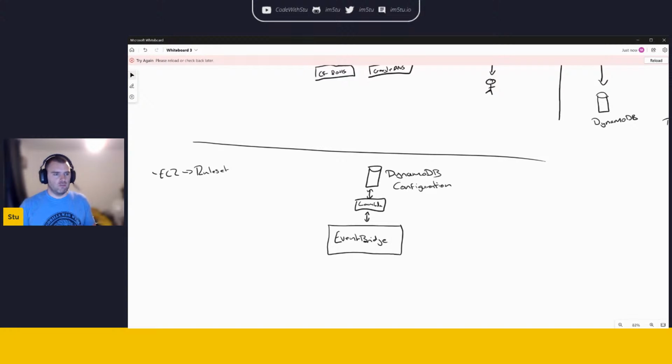I'll provide some default rules that people can go and just enable. But for every kind of resource that you want, so you've got EC2, you've got S3, Lambdas, I'll cover all the popular ones first and then work my way out to the edge ones. But for all these resources, how do you know that it's well architected, or what's your own rule set? You might want to say, I want these things tagged, and compliance policies and all that kind of stuff, right? So if I start configuring that in my lovely Dynamo configuration table and it gets triggered onto a rule,